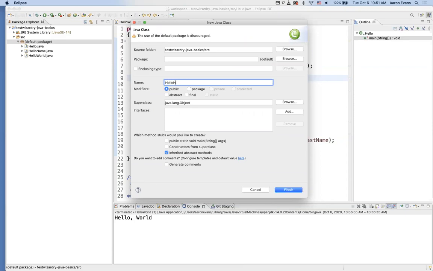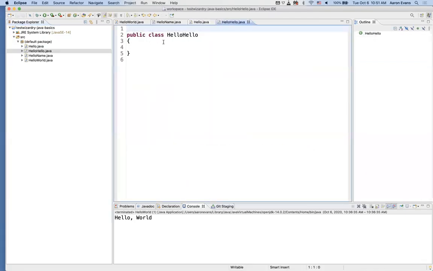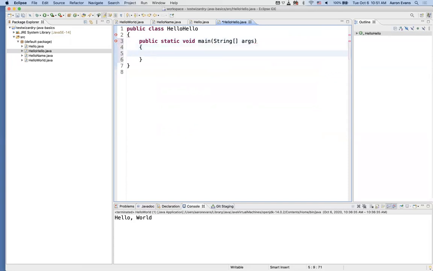So we'll call this hello, hello. public static void main string brackets args, an array. All right, we're going to leave the arguments behind because in truth, unless you're creating a command line application that has multiple various configurations, you rarely use those arguments, but it's useful to know what they are. And every Java application starts with that right in the main